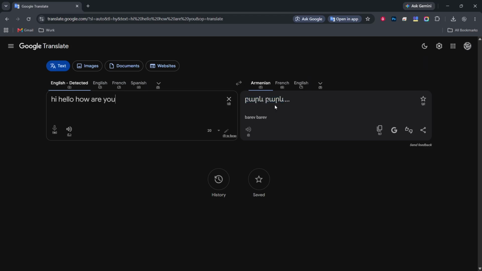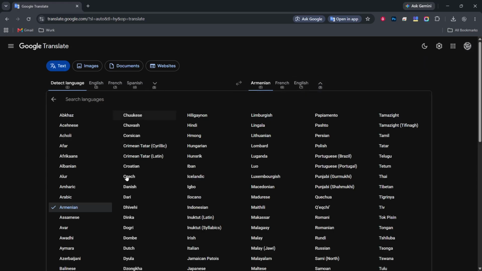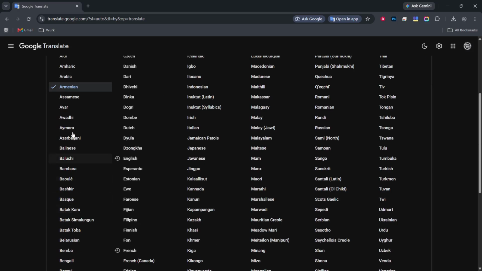After that, view the translation in the right text box automatically. As soon as your text appears on the left, the translated version will show up on the right within a moment. You will see the lines match up in order, original on the left, translation on the right. If you change the source or target language now, you will see the translation in the right box refresh to match your new choice. So you have just learned how to type or paste text into Google Translate on a computer and instantly see it translated into another language.